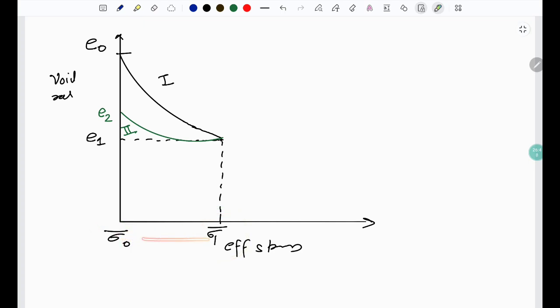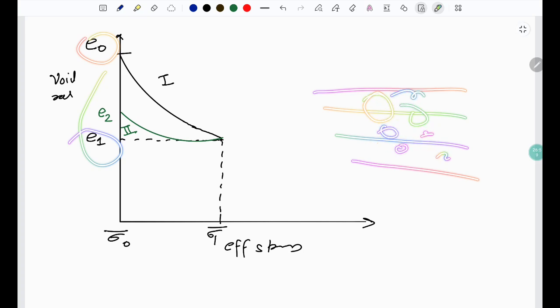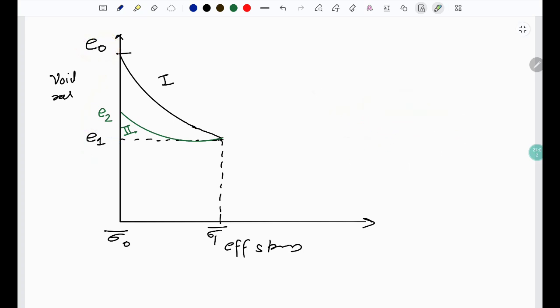When you try to go back to sigma 1 again, but this time you are not coming from E0, you are coming from E2. Now during the process of E0 to E1, you had already removed a lot of voids, the air between the voids, the water between the voids, and yes, due to the rebound or swelling phase, some water got sucked in again, because not all the particles were permanently deformed. So now the curve won't proceed in the first stage manner, it will proceed in